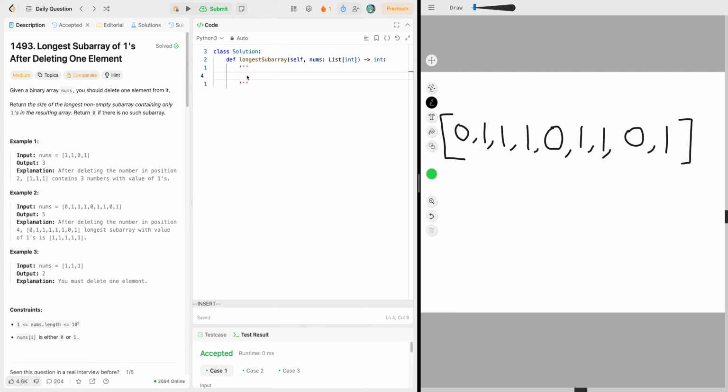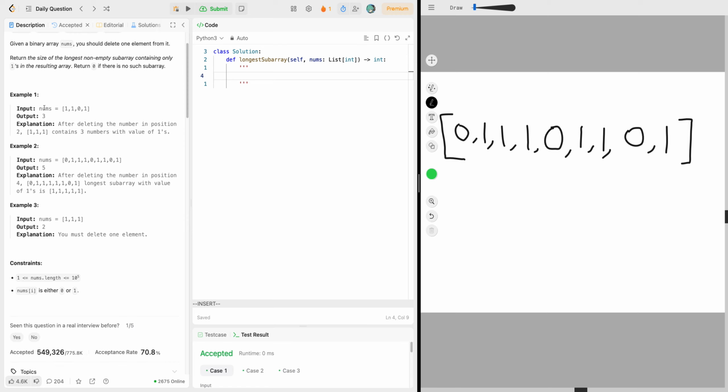Alright guys, let's try to solve LeetCode 1493, Longest Subarray of 1's After Deleting One Element. So given a binary array, nums, as you see in this array on the right, you should delete one element from it. Return the size of the longest non-empty subarray containing only 1's in the resulting array. Return 0 if there is no such subarray. Okay, so if you look at the example, you see that